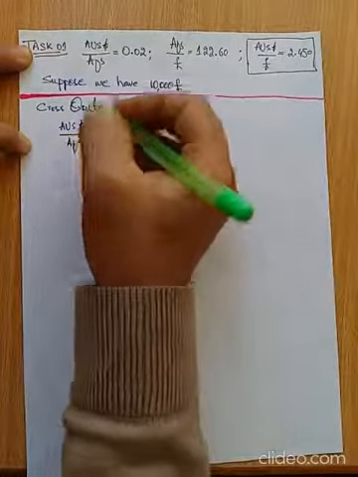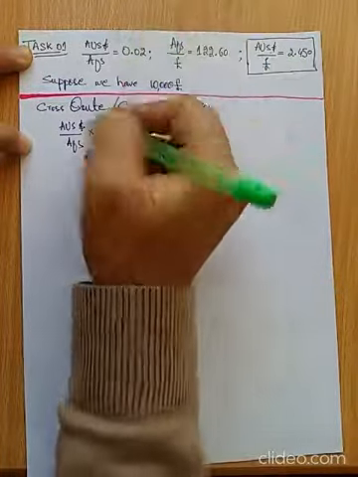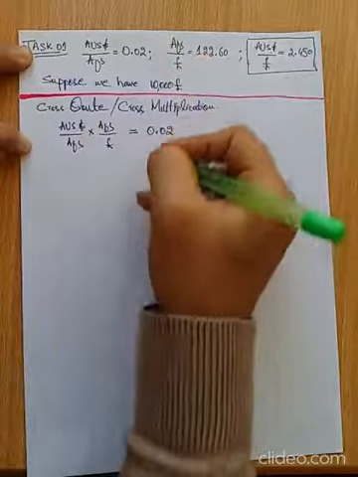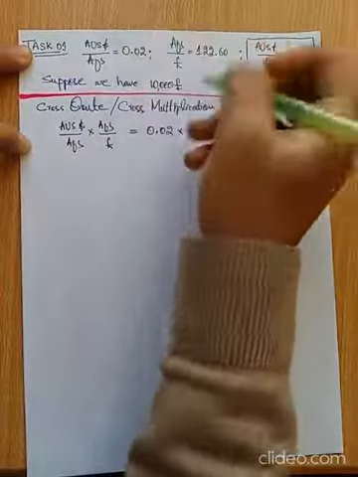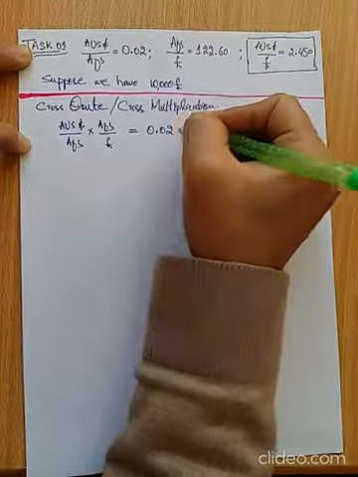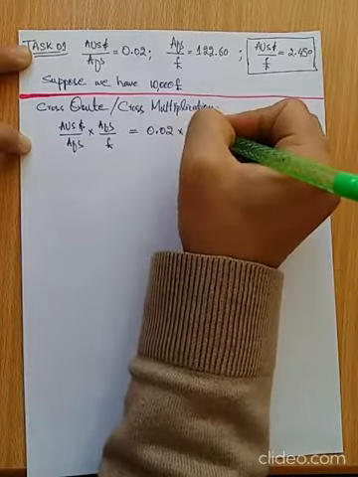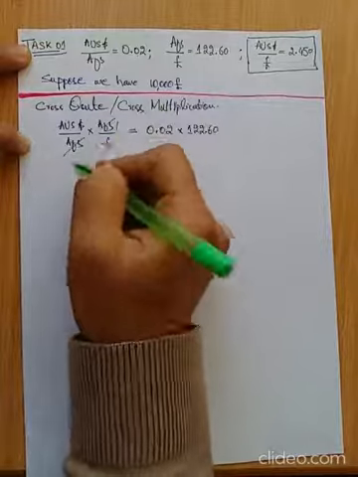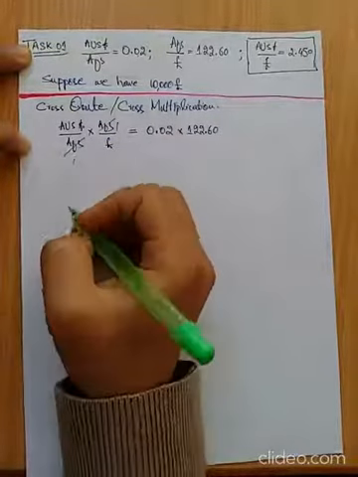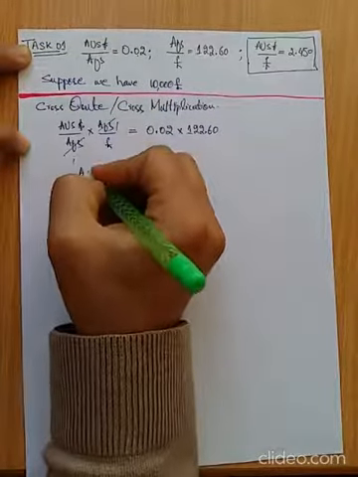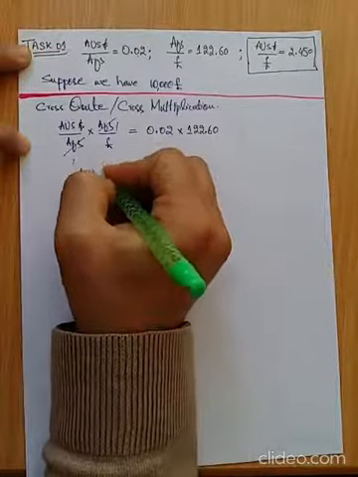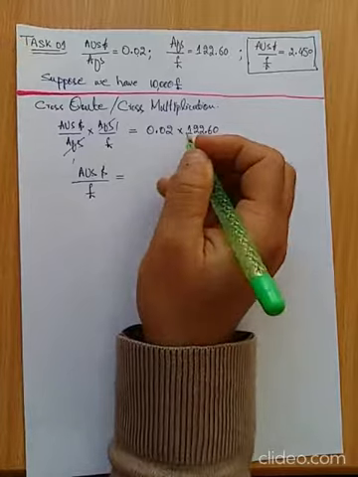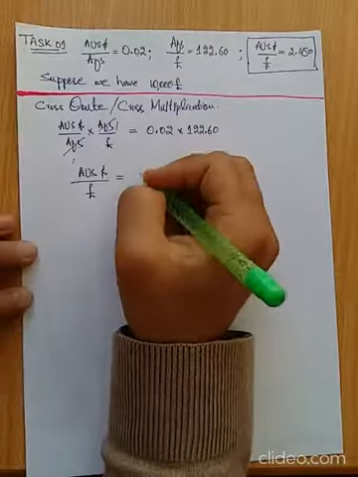So I will multiply left hand side with the left hand side, which is AUD/F divided by GBP, and then I will multiply right with right, which is 0.02 multiplied by 122.60 actually. Now mathematically this F can be cancelled with this F, and we end up with the result of Australian dollar divided by pound is equal to, when you multiply these two, you will get an exchange rate of